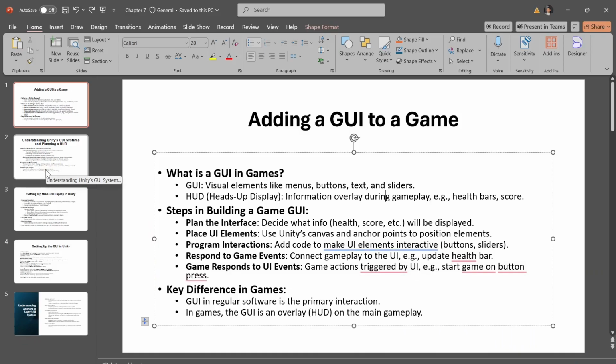So this week we're going to discuss GUI. It's a graphical user interface. So yeah, we are learning how to add a GUI, graphical user interface, to a game. So GUI is a part of the user interface that the players can see and interact with, like buttons, health